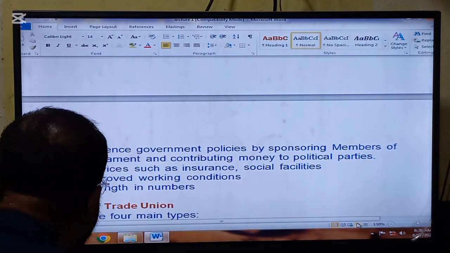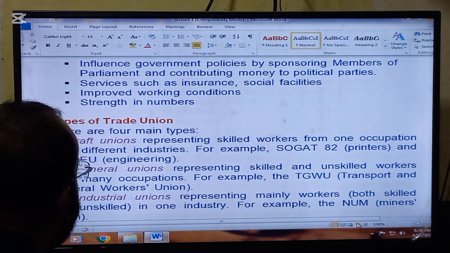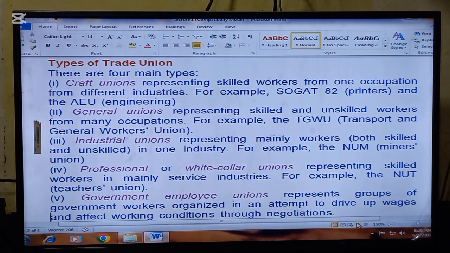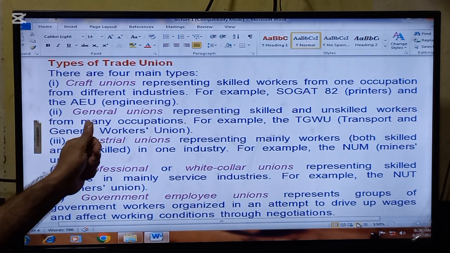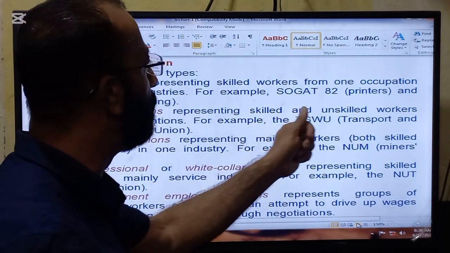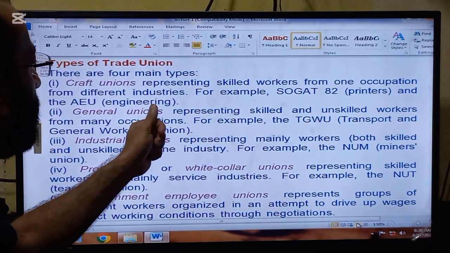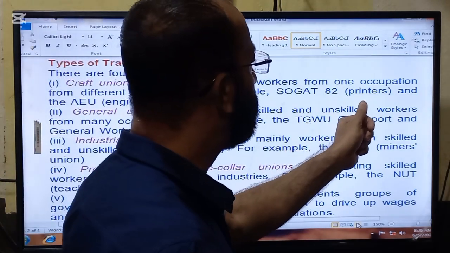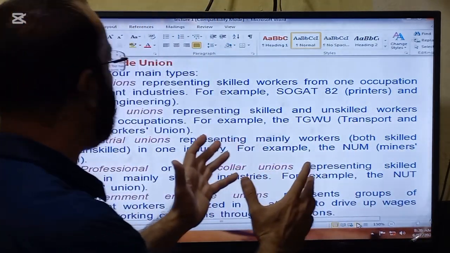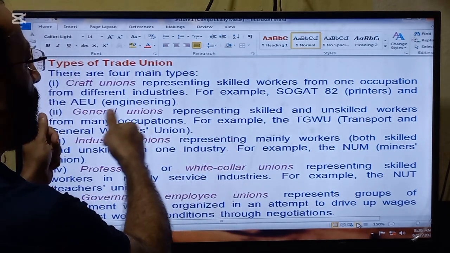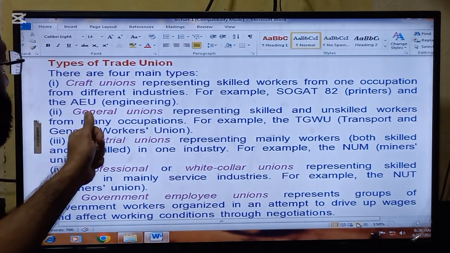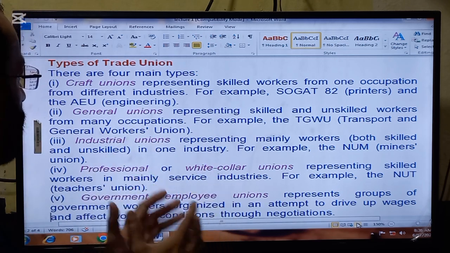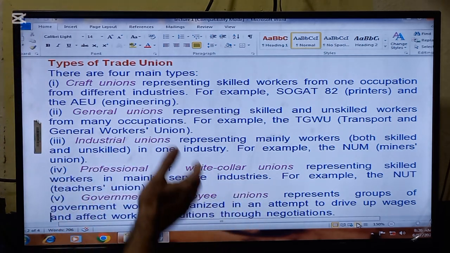So these are the benefits which can be obtained by being a member of the trade union. Next thing which we are going to read in the lecture is types of the trade unions. There are four main types of the trade unions. Number one is craft union, representing skilled workers from one occupation from different industries. For example, printers. So the printers from different industries normally join the craft union. And AEU is another type of the craft union,